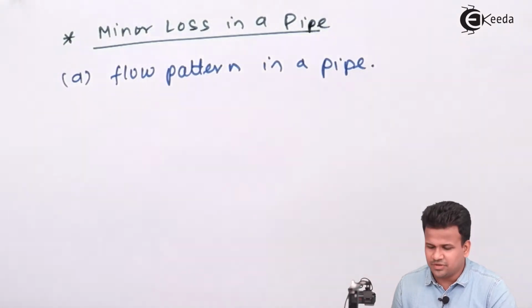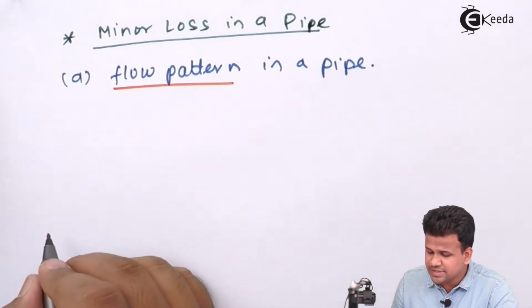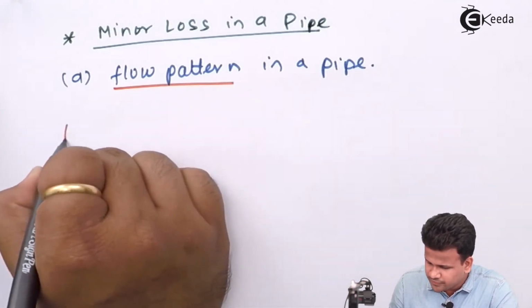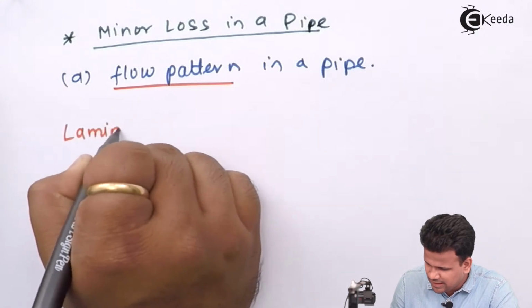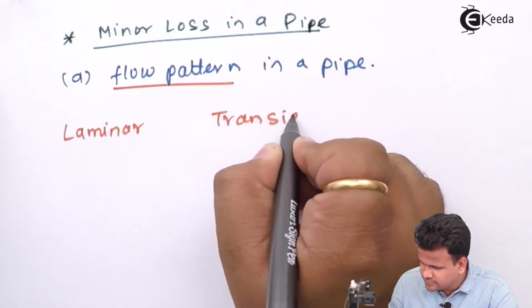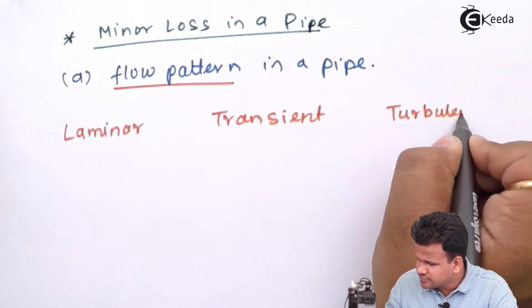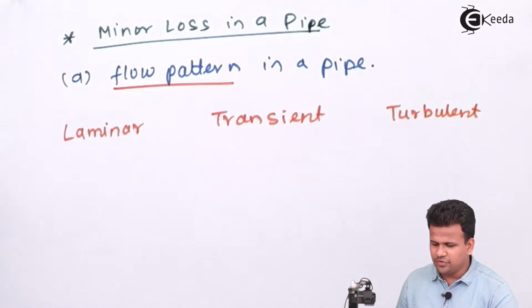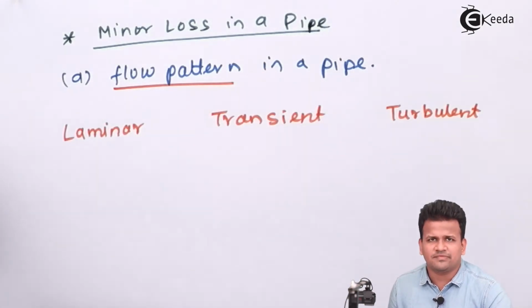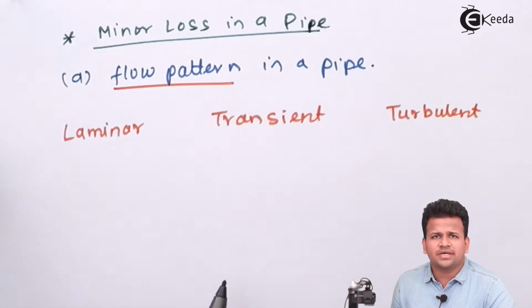Let us understand what is flow pattern. Flow pattern means it will go from laminar to transient to a turbulent flow. So, if a fluid is flowing with a laminar flow and suddenly due to decrease of